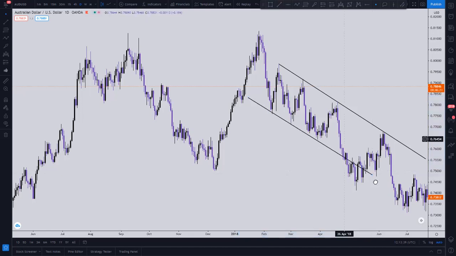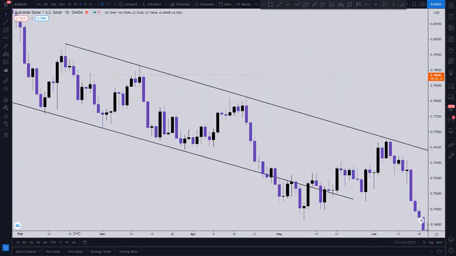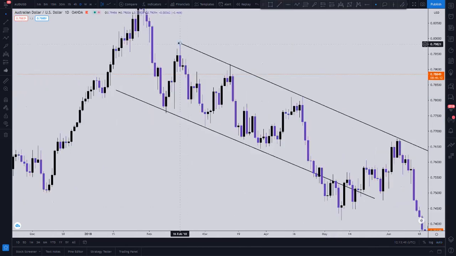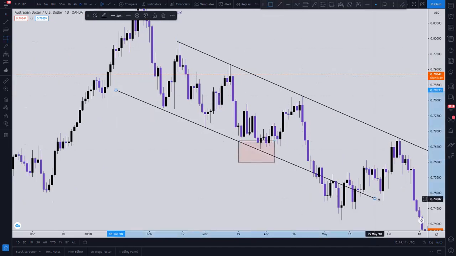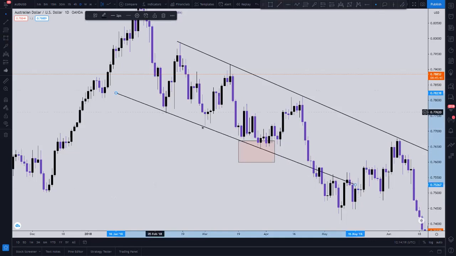So now, let me just zoom this. As you can see, I already spotted my trend, right? Which is a low, a high, and a low. A swing low, swing high, swing low, swing high, swing low, right? I've already spotted my swing lows and swing highs. So what did I say? On the third tab, that is where you enter your trade, right? So if price can actually respect my trend, my channel,